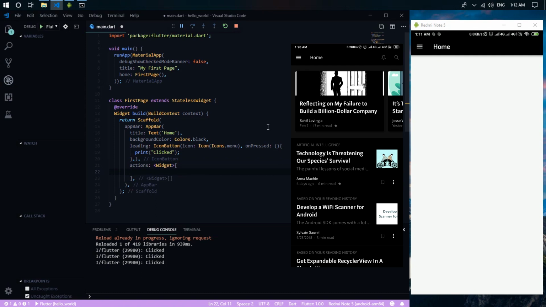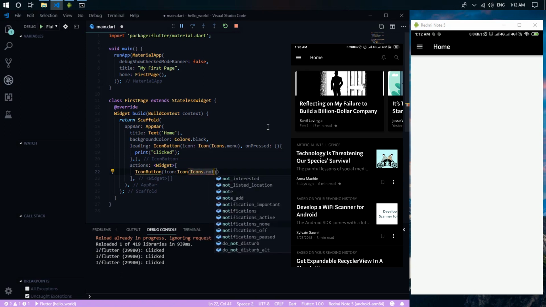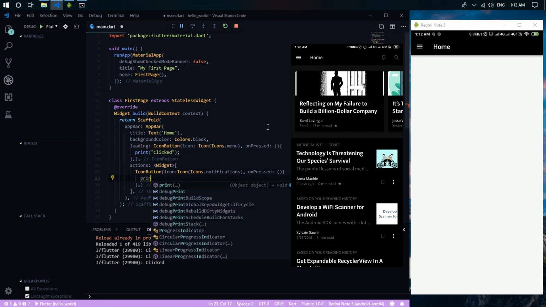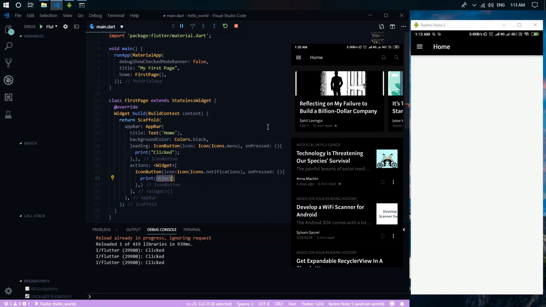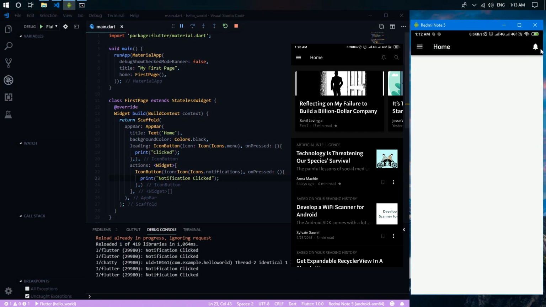And inside this actions property, we need to provide an icon button. And we need to provide the notification icon. And on the onPressed property, we need to provide a print statement, maybe notification click, and try to hot reload like this.